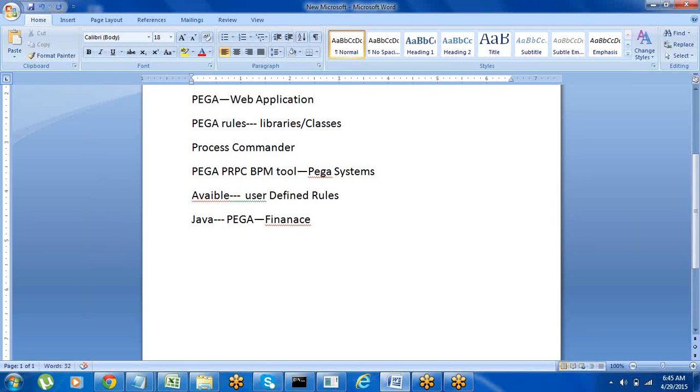In Java, for developing an application we use object-oriented libraries. The same thing in Pega we call object-oriented rules. Just the terminology is different here. In Java we develop applications using the libraries. In Pega we develop using the rules. Another difference is,